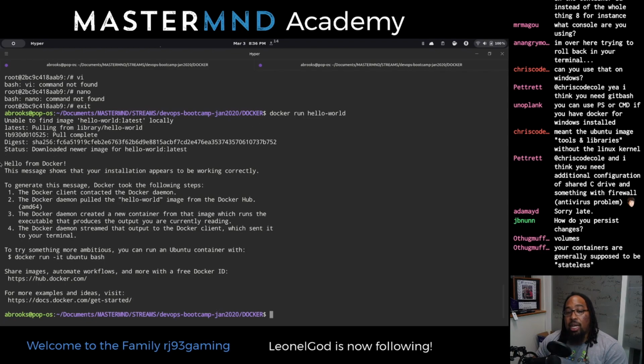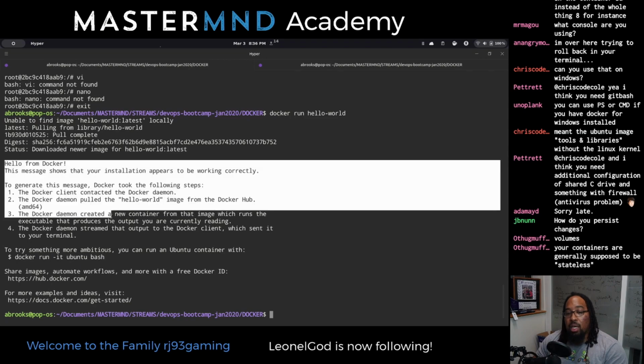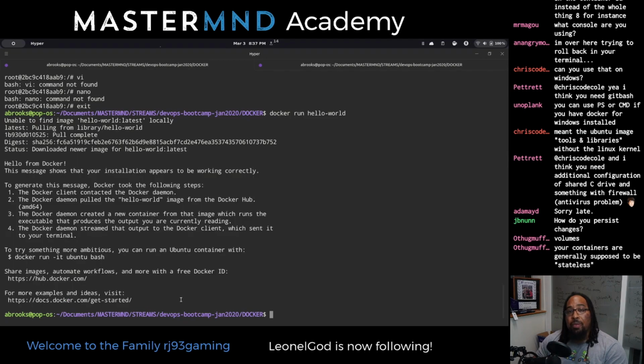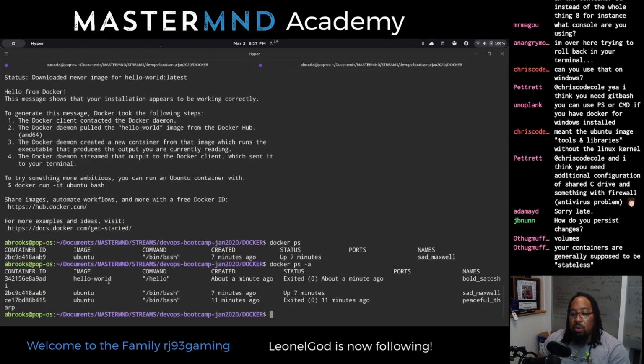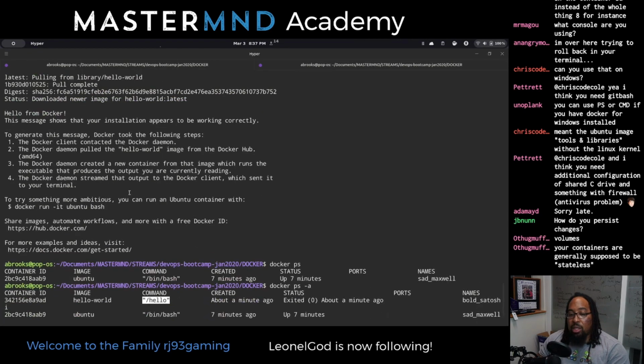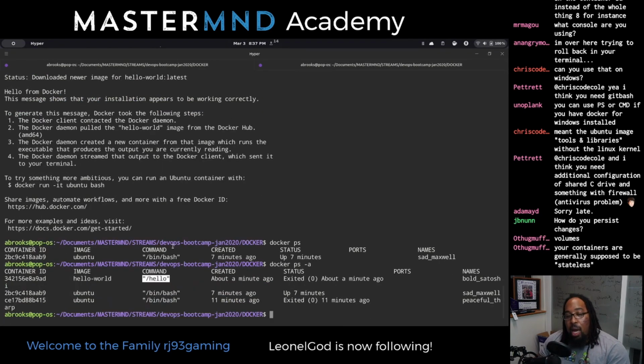This container is designed to basically just execute these things here, just this information for you, and then it exits. So if I do a Docker PS, that container is not running. And if I do a Docker PS -A, it did everything that it was supposed to do, but it finished its job. It exited about a minute ago, and it executed a command that was /hello. So the other ones did bin bash. This one is designed to run a command at /hello, and then we get a bunch of stuff here. So I'll stop there for a second.